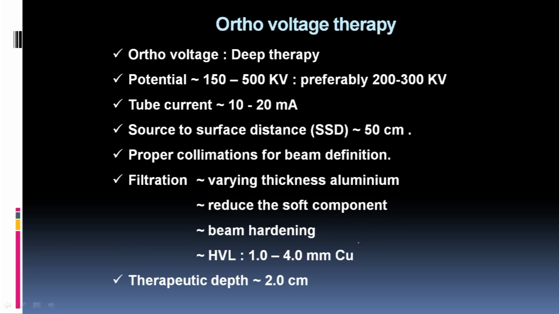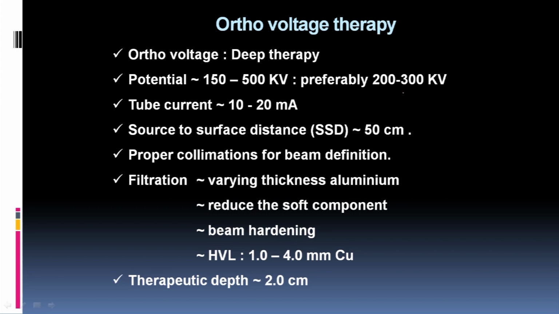Now orthovoltage therapy, this is a type of kilovoltage therapy which is known as deep therapy, because this is the unit which is used to treat deeper lesions than the contact therapy or superficial therapy. So they are known as deep therapy or orthovoltage units. The operating potential here is 150 to 500 kilovoltage, but there was a problem of the X-ray transformer to create the